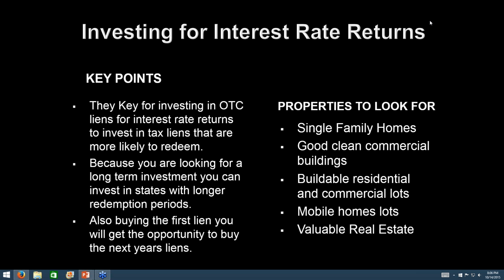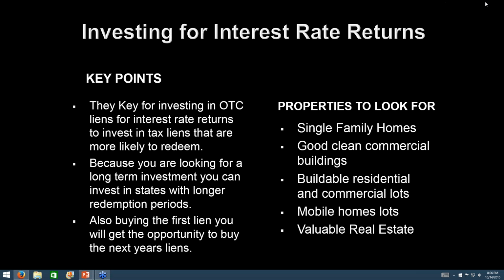Essentially, they're just late paying off their tax lien certificates. And so with a property like that, you're going to have a pretty good chance that property owner is going to do the same thing. He's going to pay off your tax lien certificate. You're going to earn your interest rate return without going through the foreclosure process.